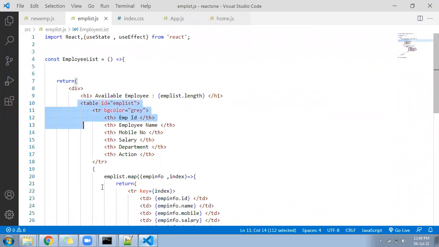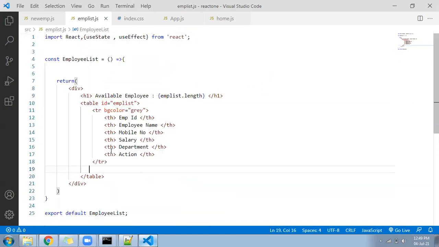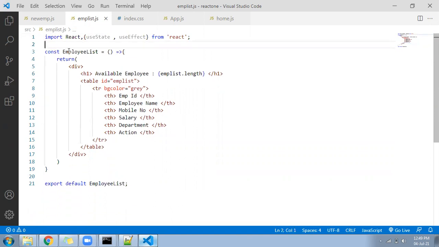So till here, see, I deleted the entire code. Basic information I have kept here. And since this is going to be a functional component, completely hook based, first I have to import two things. React was already called in yesterday's file.